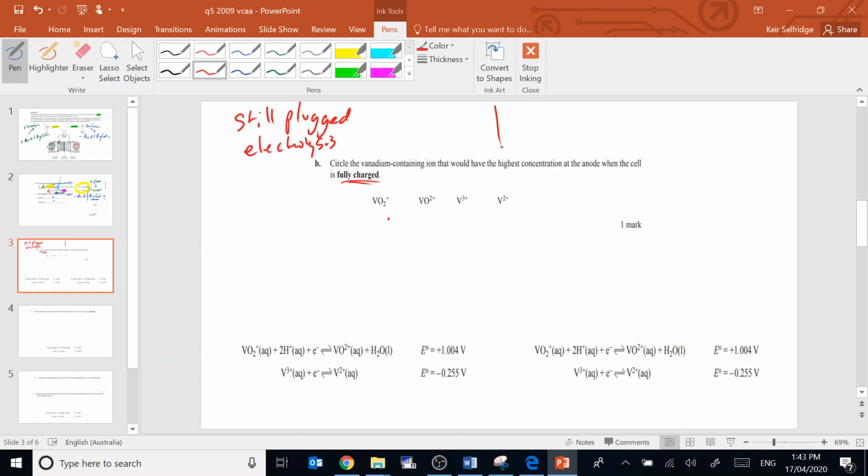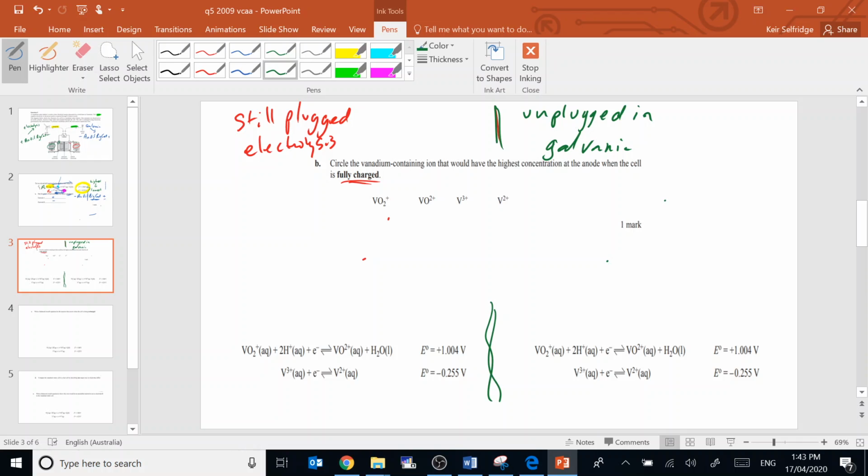If it's not plugged in yet, if you've just taken it out and it's got 100% charge, it's now galvanic. What that means is the examiners accepted two answers because they couldn't tell from this question what